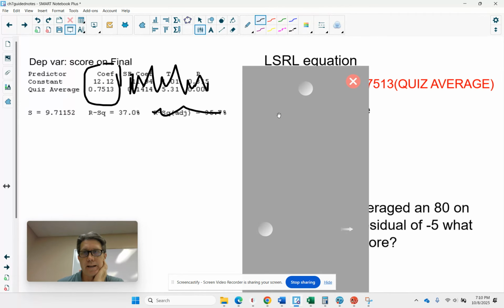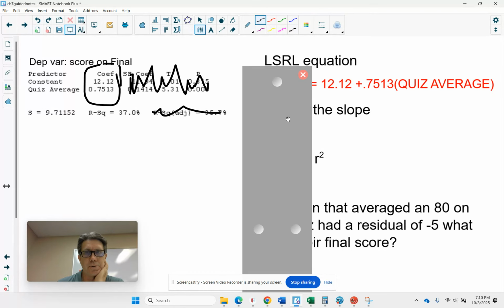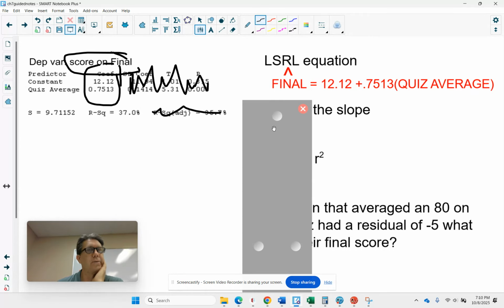So if we were going to write that side of the equation, we get equals 12.12 plus 0.75 times the quiz average. We have to find the dependent variable or the y variable, and that's the final score. So we're going to put final hat. This equation is built to predict the final score on the test from a quiz score average that you did